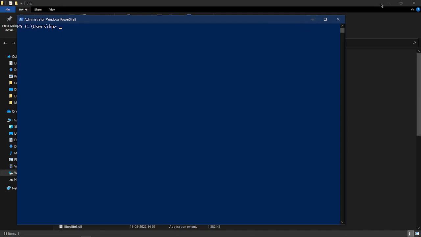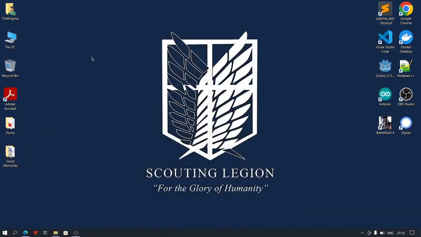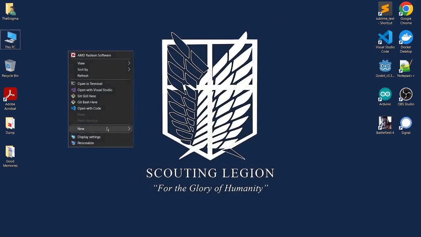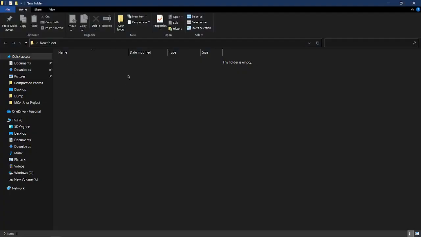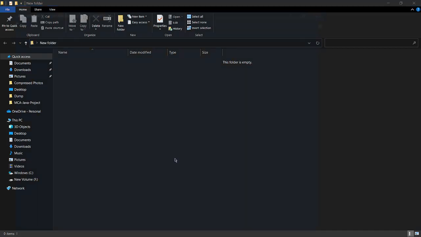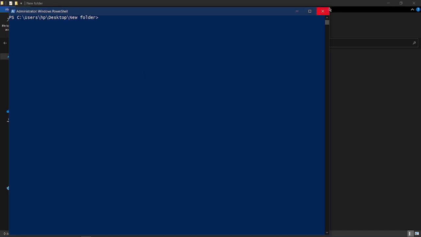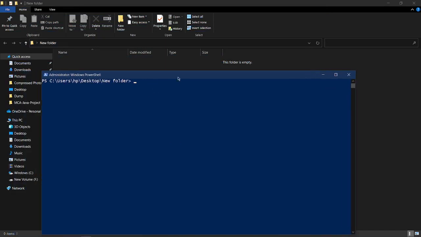So I can now just create any folder. You can create any folder, so just new folder, and inside this folder I can open up the PowerShell window by holding the shift button and then pressing the right click. So now I will get this additional option, open PowerShell window here. So the PowerShell will be opened in this folder, as you can see, desktop and new folder. So here I will create a new